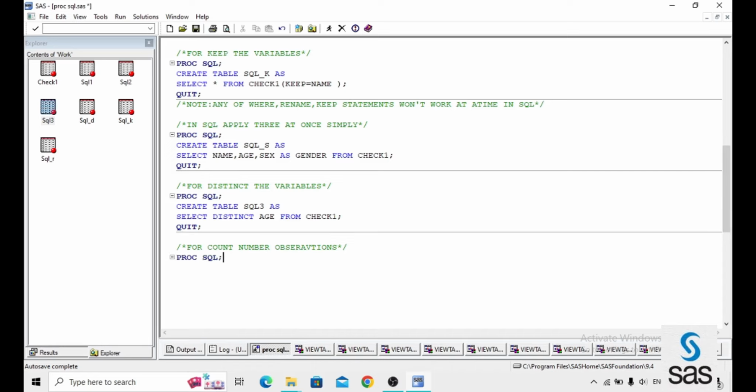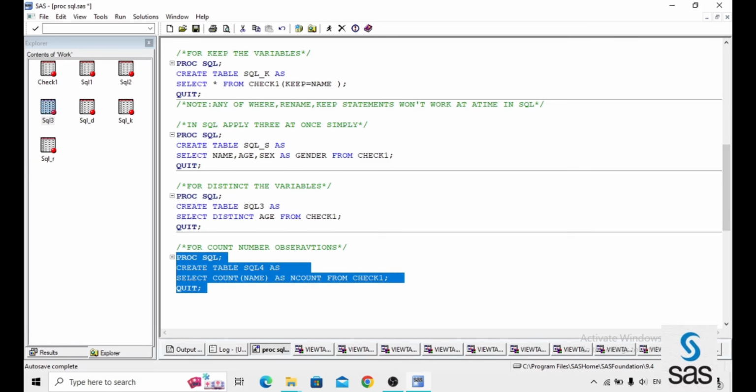For count number, proc SQL create table SQL4 as select count name as n count from check one and quit. Here count is used to count the number of observations, and as is just the rename. N count is the new variable, and it counts the number of observations in name and stores them in n count.